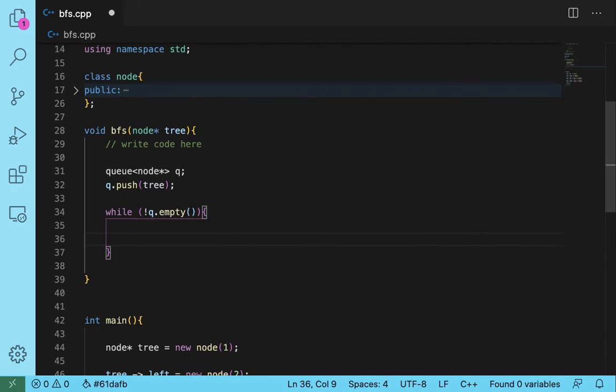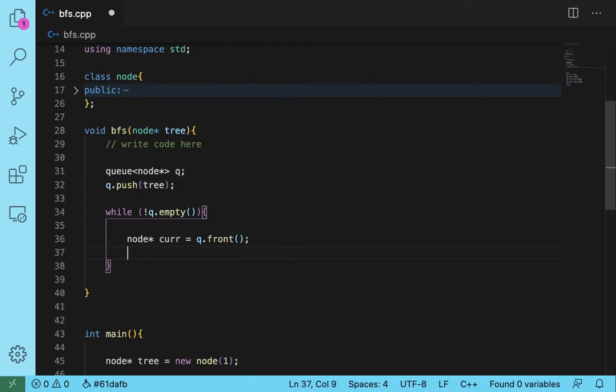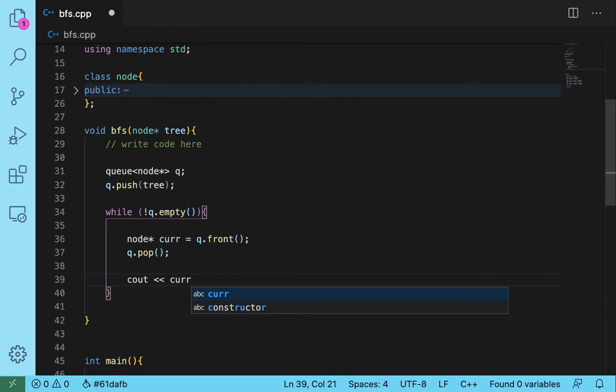In this loop, we just take the top element, which is Node current equal to q.front. This gets the top element and we pop it from the queue, and now we traverse it, so we have to print this value. So cout current's value.